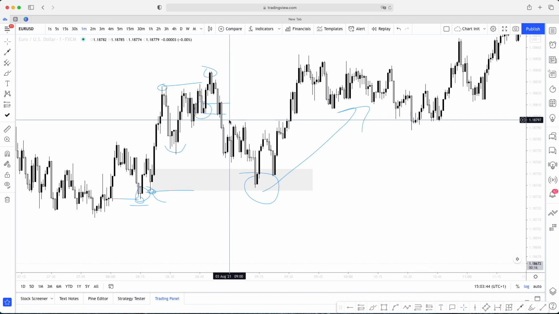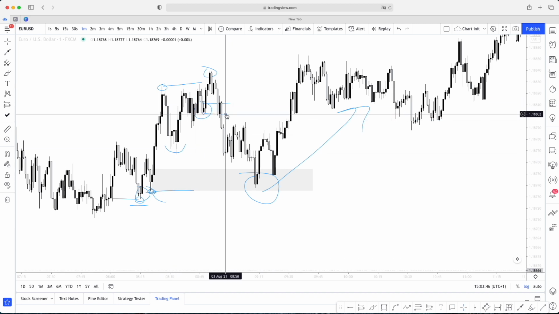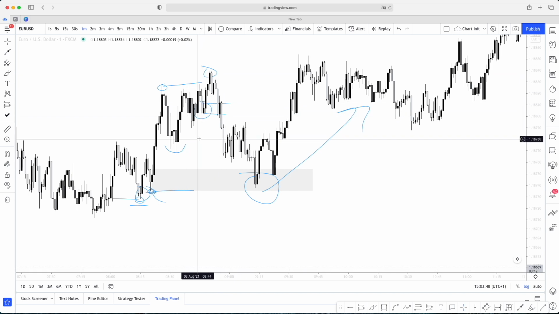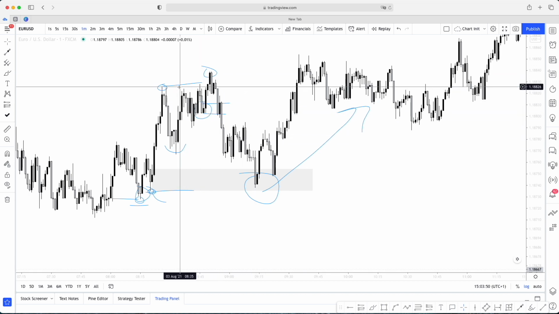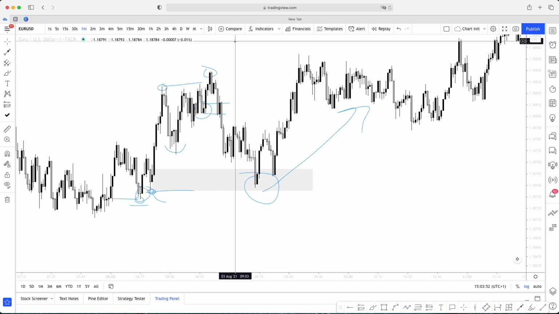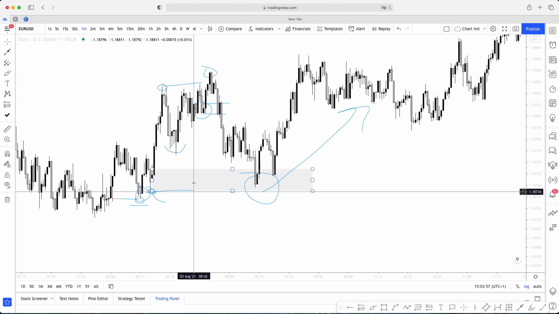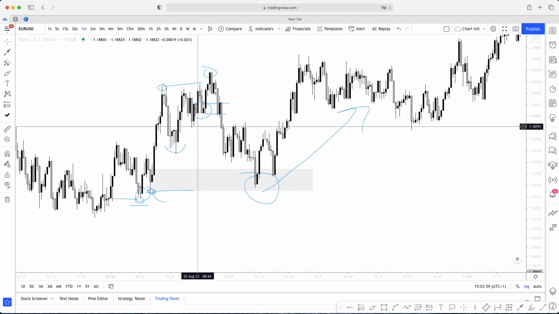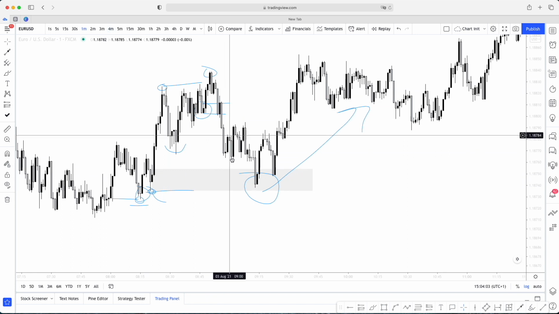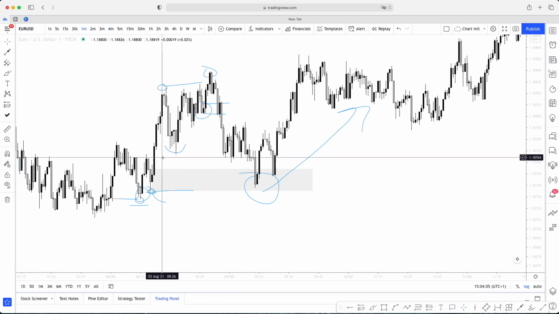But if you're looking for a confirmation, this is where the two rules come from, and this is why I also say to move up the time frames, because this could potentially have broken again, right? We would have missed the fact that mitigation was here, and we still need to make sense of it, because if it was to break up again, we need to go up the time frame to see if this mitigation lines up with the other time frames.